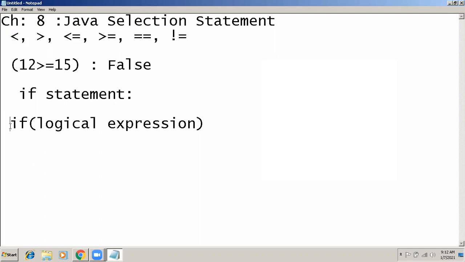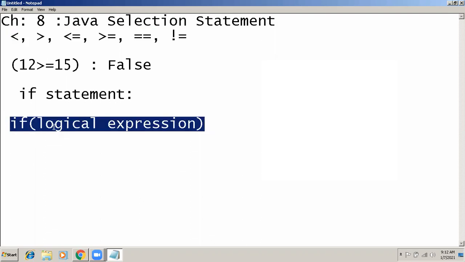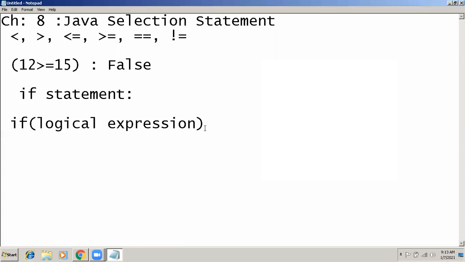Using all the operators, we can make this logical expression. And in the syntax of if, we have to write a logical expression, which can be either true or false.